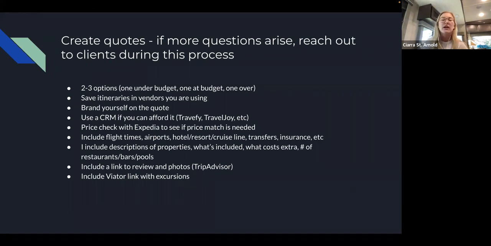And so at that point, I'll tell them I have found it for a cheaper price, but I need to price match it, which you cannot actually do until they have reserved their trip. So you can't do anything until you have a reservation number. So just keep that in mind. But I like to do that just to make sure I'm not outpricing myself to where I did all this work for them and then they're going to go book it on their own